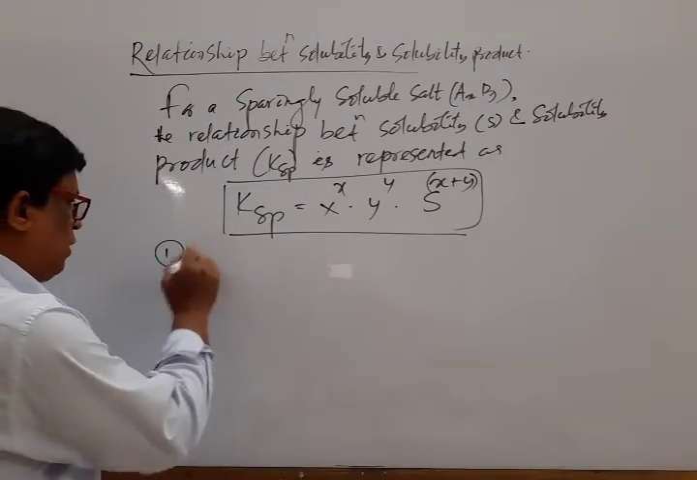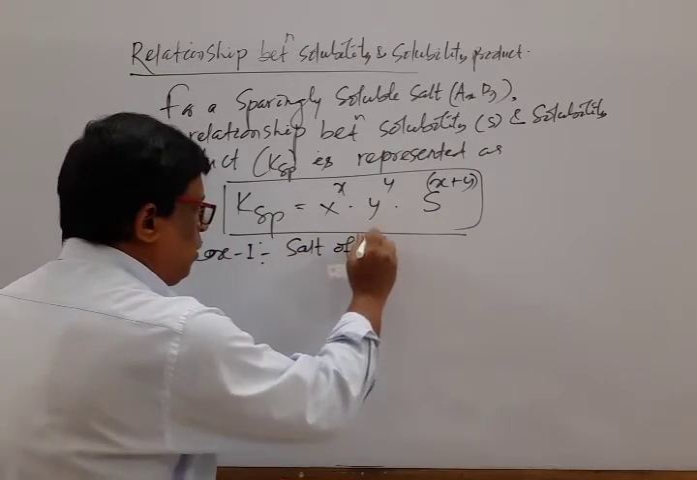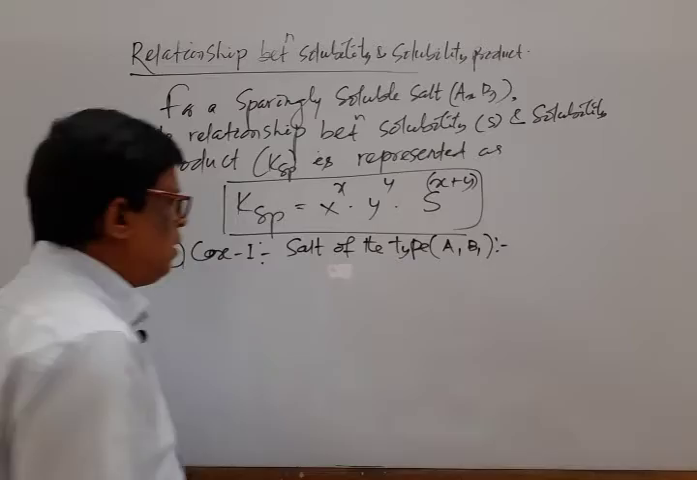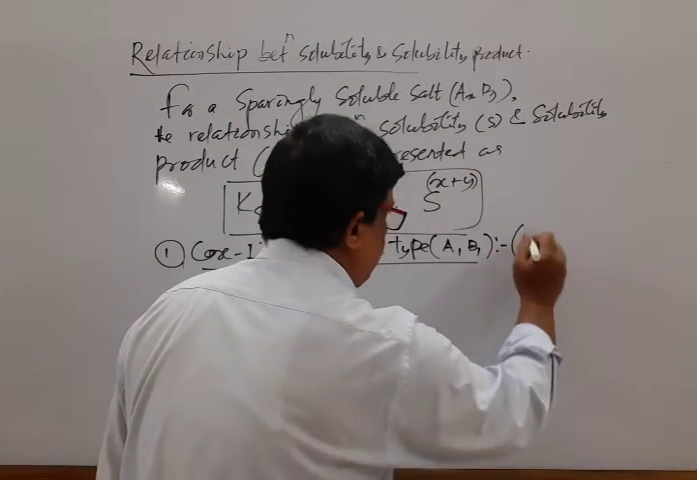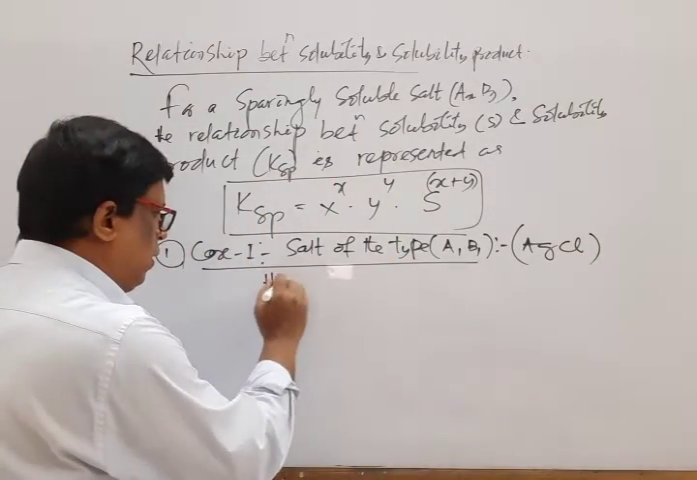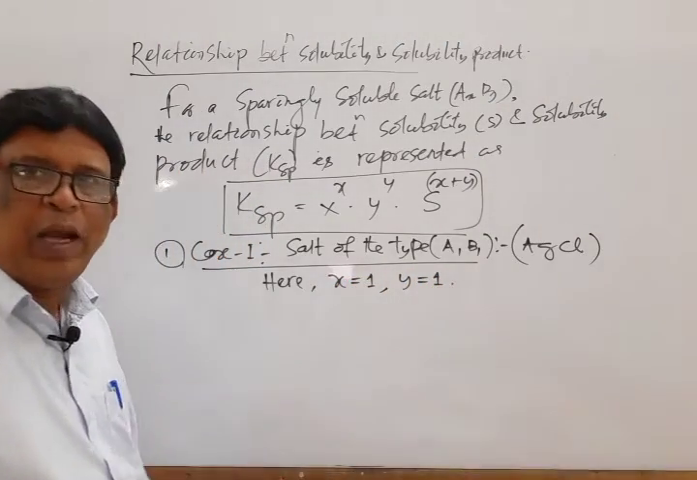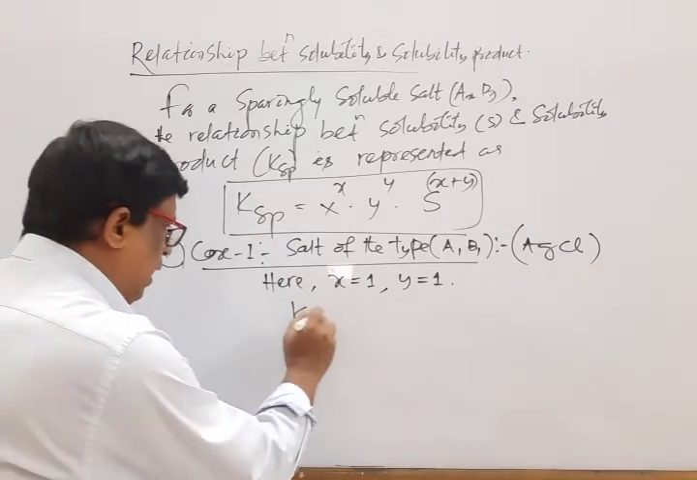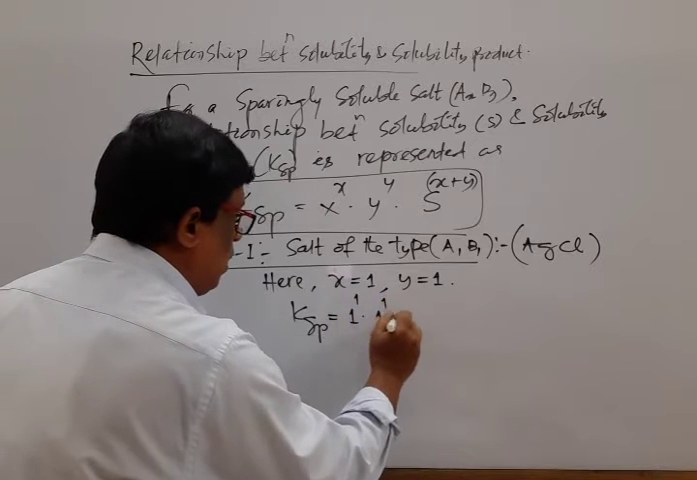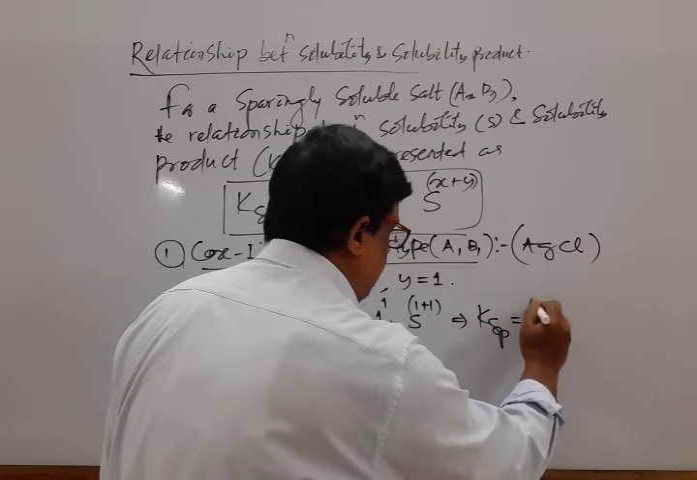Mark that. Case 1, that is salt of the type A1B1. Mark that. Salt of the type A1B1 means AgCl. Here x is equal to 1, y is equal to 1. By putting this value, we observe that Ksp is equal to 1 to the power 1, 1 to the power 1, s to the power 1 plus 1, which implies that Ksp is equal to s square,